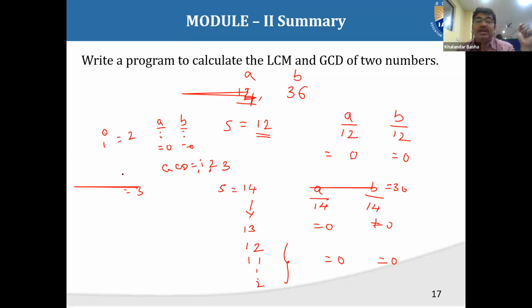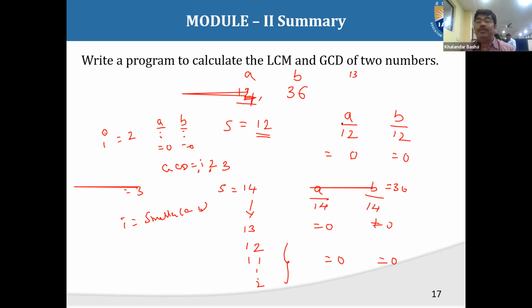So this process will be continued till I reaches the smallest of A comma B. Till this portion we are going to evaluate. So whenever the smallest value, let us consider 12, this loop will be executed from 2 to 12. Beyond that, let us consider you are given 13 as a smallest number, assume GCD is 12. So for 13, if you're not getting 0, then the last updated GCD value is 12, so it is going to be returned that GCD is 12 only.